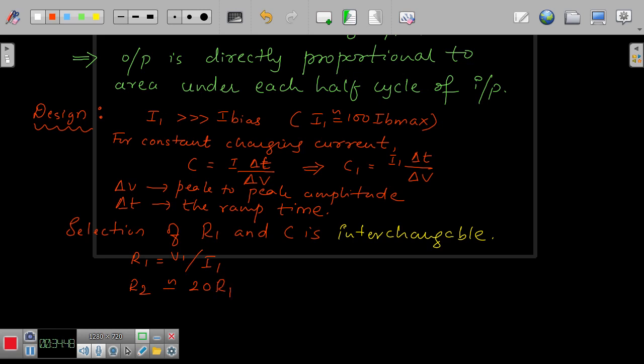I have already told you what this thumb rule is used for, right? In order to avoid the compensation mechanisms being forced, generally the value of R2 is taken to be 20 times R1. That means whenever the gain exceeds 20, it is understood that compensation is required. So your R3 is again R1 in parallel with R2. This is exactly the same as what we have taken in our previous design of the differentiator.